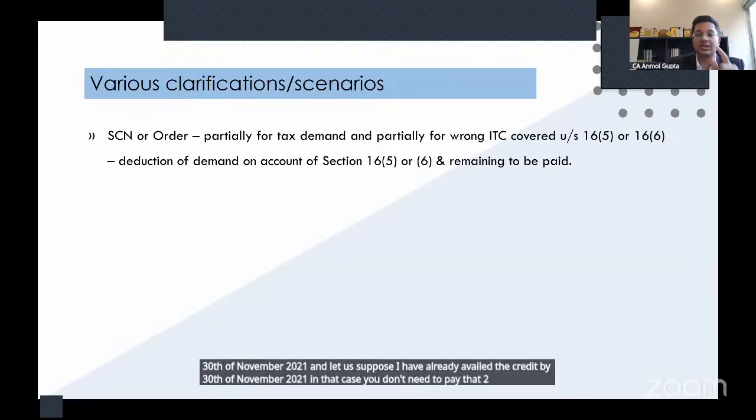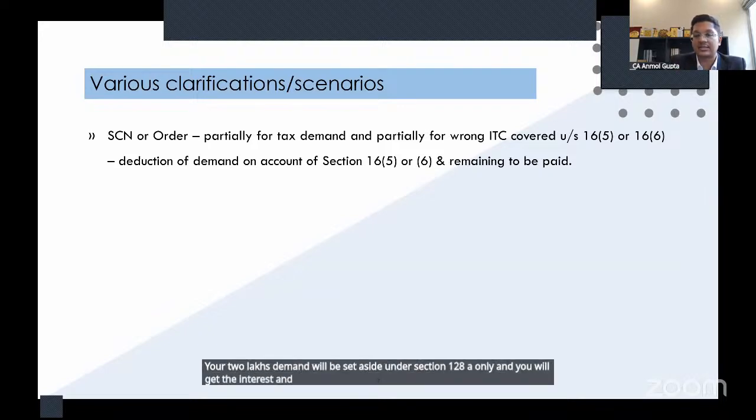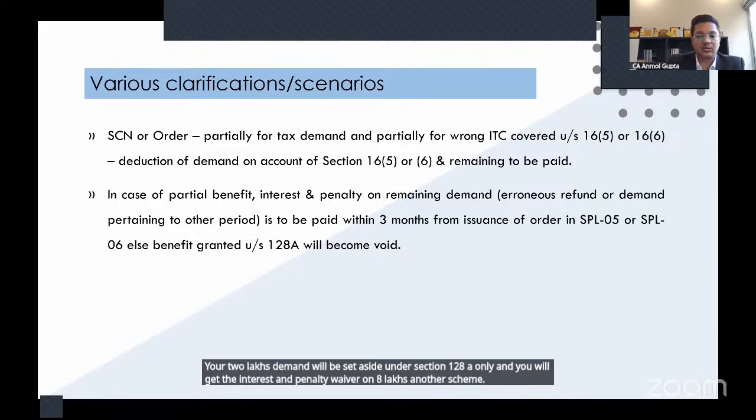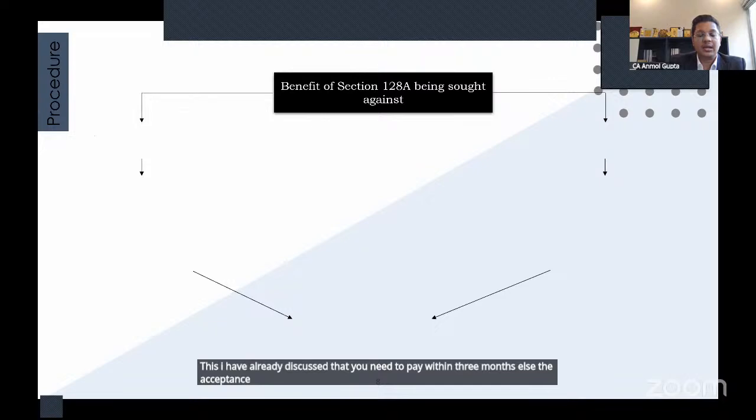You just need to intimate to the government by way of the application that 2 lakhs is falling under section 16(5) and therefore I need not pay. The officer will verify if it is falling under section 16(5). In that case, your 2 lakhs demand will be set aside under section 128A only, and you'll get the interest and penalty waiver on 8 lakhs under the scheme. This I have already discussed, that you need to pay within 3 months, else the acceptance will be void. Now let us discuss